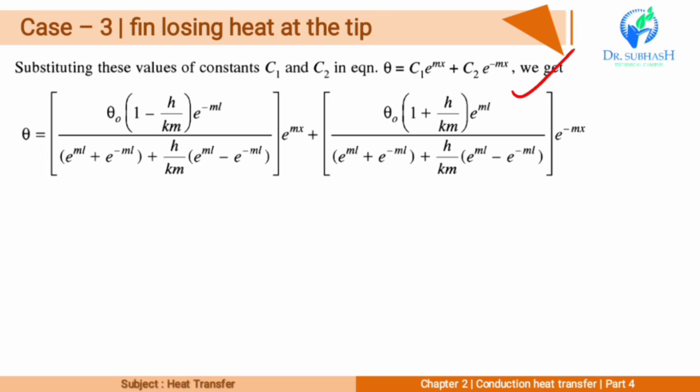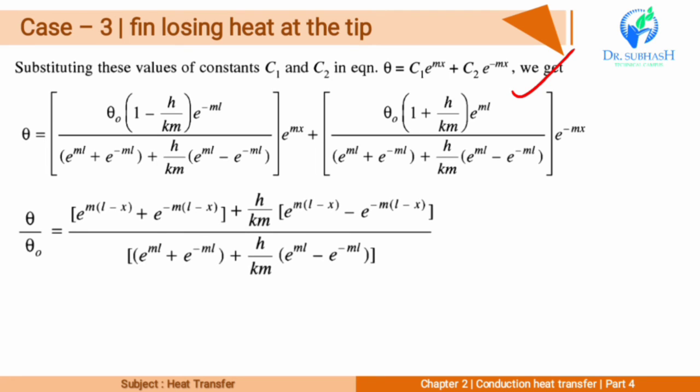So, now from this term take theta 0 common and shifting to the left hand side we get the ratio of theta by theta 0 is equal to e raised to m into L minus x plus e raised to minus m into L minus x plus h by km inside the bracket e raised to m into L minus x minus e raised to minus m into L minus x whole divided by e raised to ml plus e raised to minus ml plus h by km inside the bracket e raised to ml minus e raised